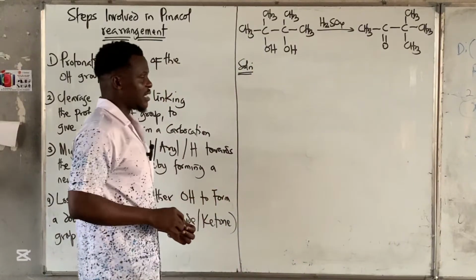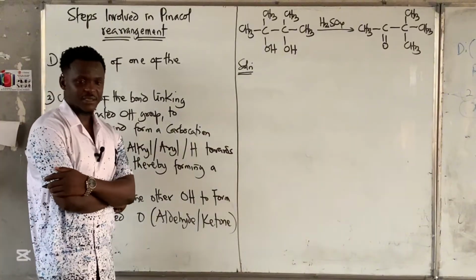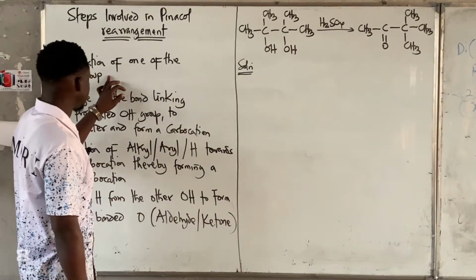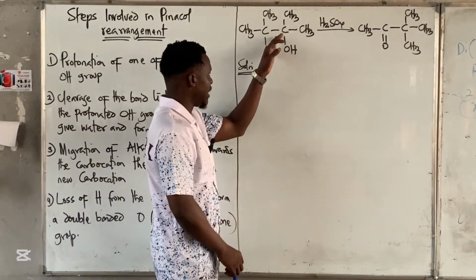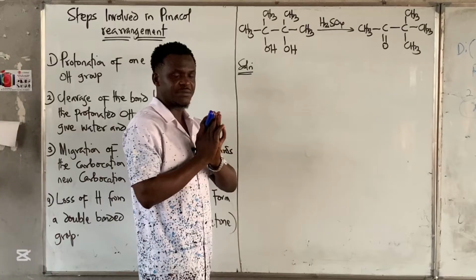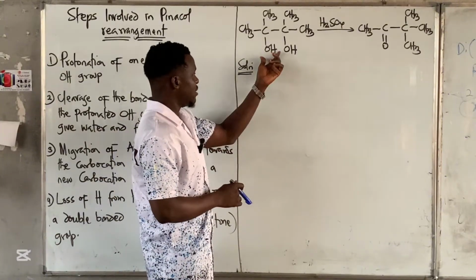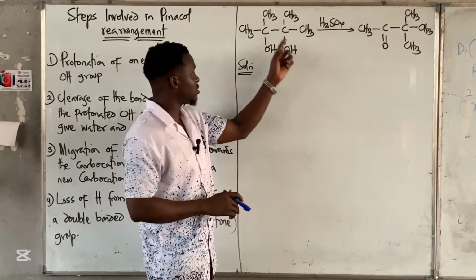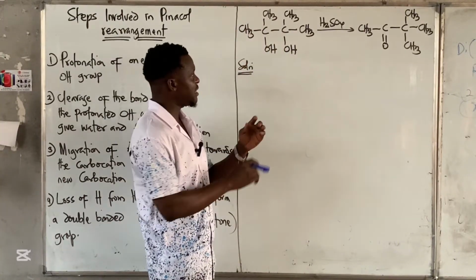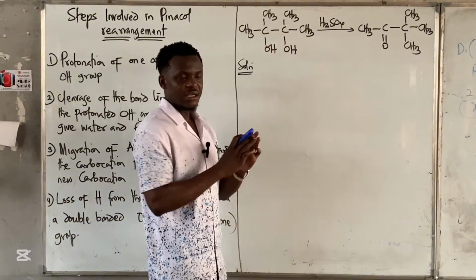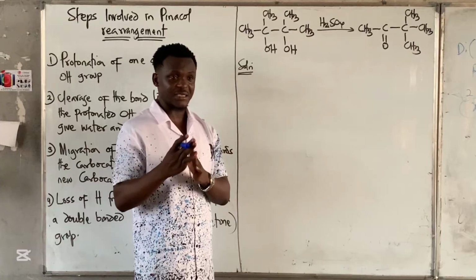Now let's look at this. Let's look at the solution. The first thing first is we are going to protonate one of the OH groups. Now in this case, they give us a symmetrical compound. That means these two OH groups are similar because they are attached to the same CH3 and CH3. Assuming they are giving us something different, which I'm going to use in the next video or in the next class or in the next example,